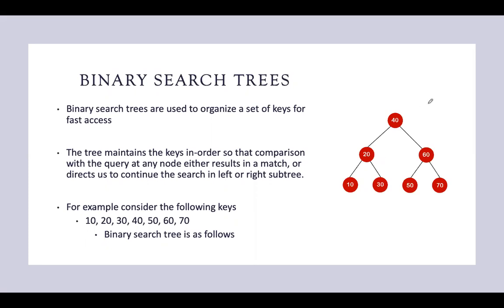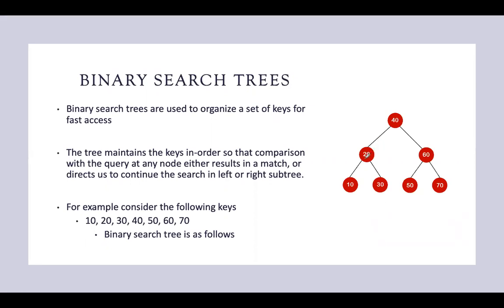If you observe the tree carefully, you can easily notice the root is 40, the left of the root is elements less than 40, and the right side of the tree is elements greater than 40. So if you are searching for 60, you'll check with the root. 60 is not present in the root, so immediately we'll search the right side part of the tree. Or if you are searching for 10, obviously we know it is less than 40, so we'll check the left part of the tree, and we'll come to 20.